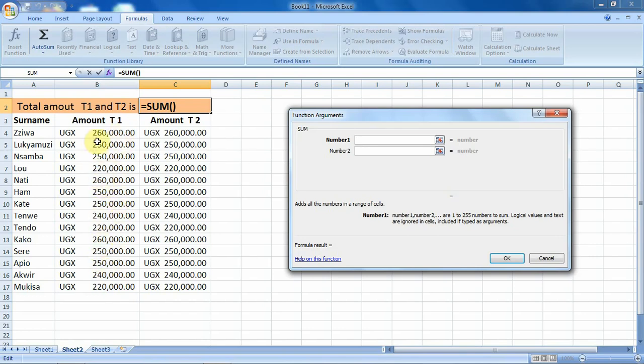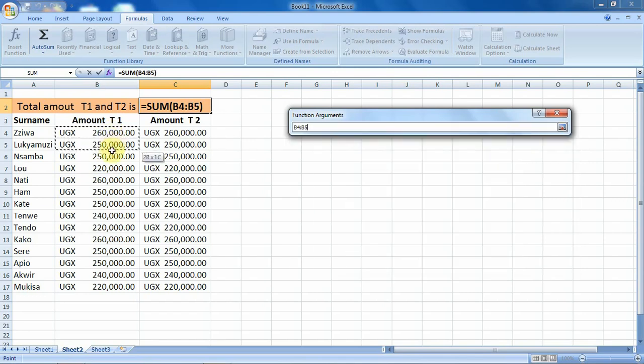So for that case, we now have to move our cell selector to our values. We click, hold. So when you click and hold, you can even see under the number 1 field there is already B4. So after, we shall move without releasing our mouse button.